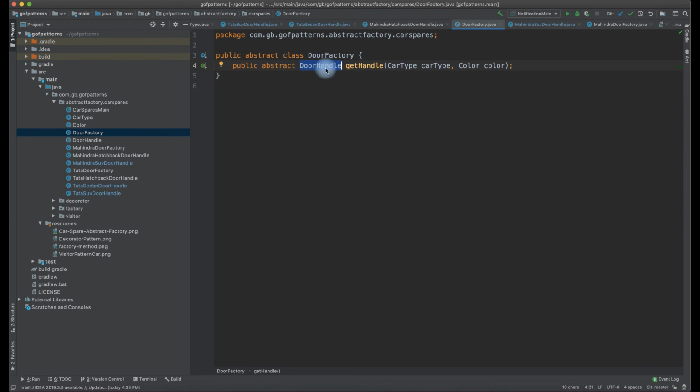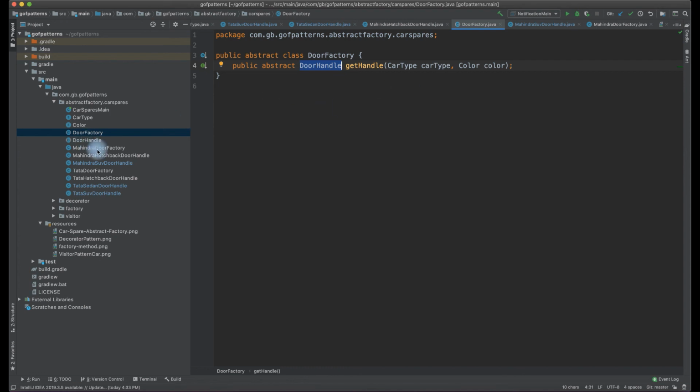This is what we mentioned in the slide, if you remember. It is going to return an abstraction. It is not going to return a concrete implementation. Although we are going to return a concrete thing, it is going to return an abstract type of it. So whatever properties are exposed via the door handle are only available at the caller side, not everything. So we can modify the concrete implementations as we need and add functionalities to it. That is more important here. So I think this is what we mentioned in the slide as well.